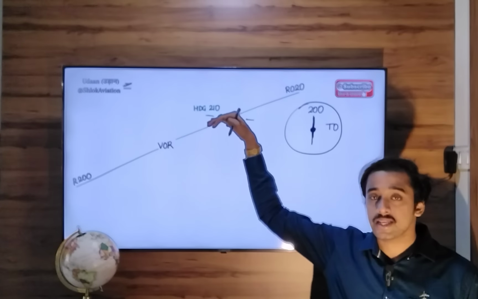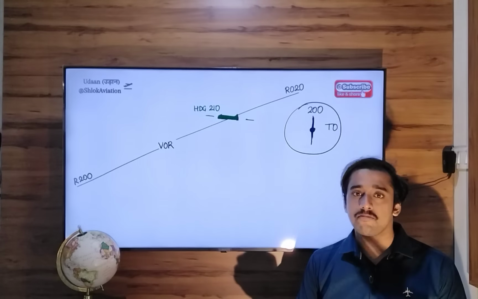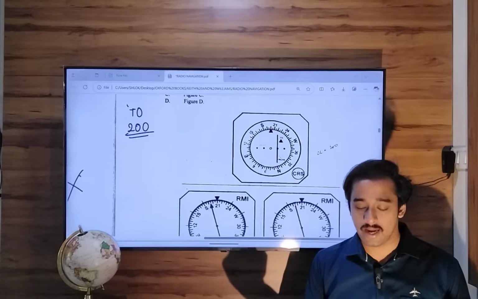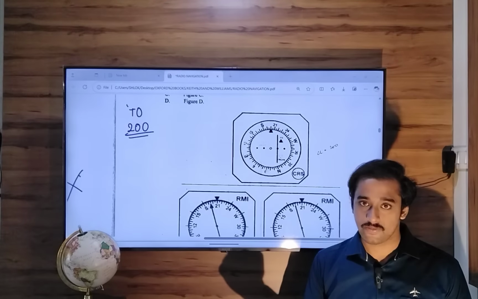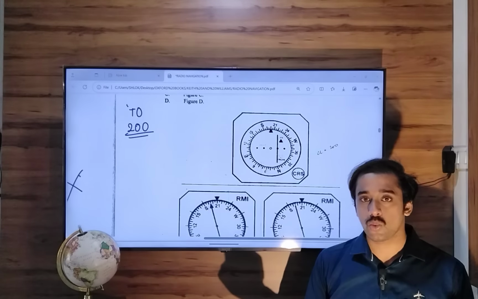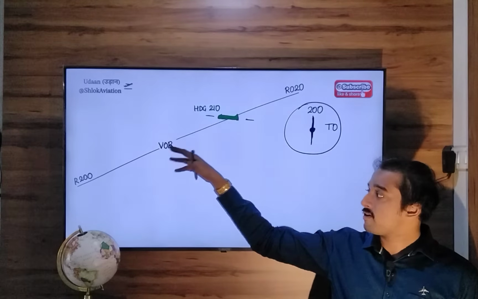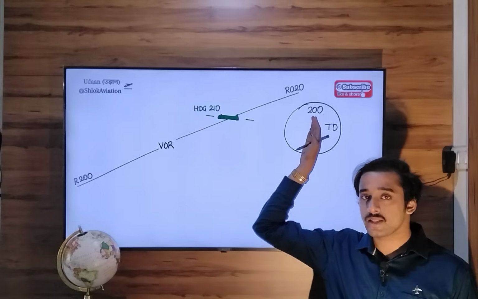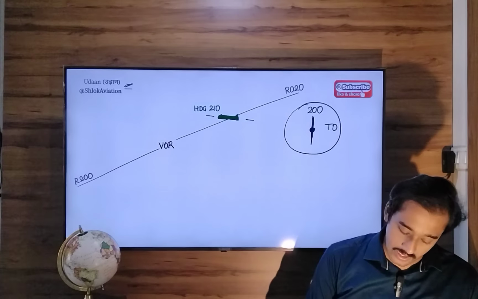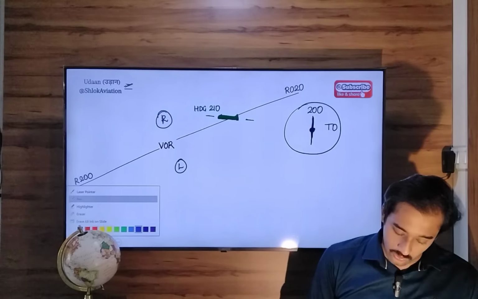Okay, right? If aircraft has deviated left or right hand side, the CDI needle will also deflect left or right, telling pilot to go left or right accordingly. So now in the question here, the CDI has deflected to the right hand side by 5 degrees. Two dots means one dot equals 5 degrees. So now going inbound, if you have selected 200 with a TO indication, that means aircraft intends to fly inbound towards VOR. Going inbound, this is your left hand side, this is your right hand side. And if the CDI needle is telling you to fly right,